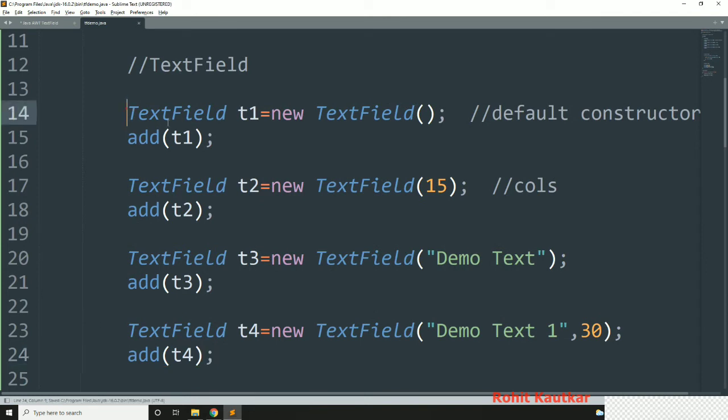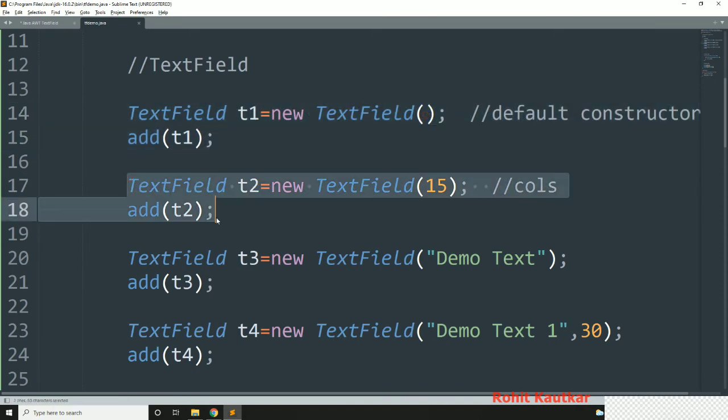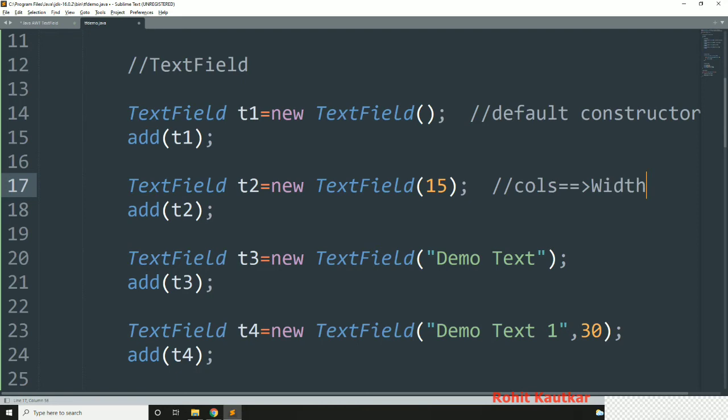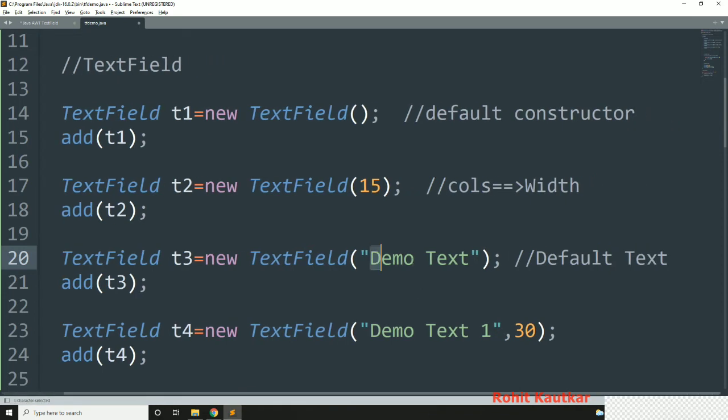So this is using the first constructor, the default constructor. This is using the second constructor, where we can pass the number of columns, that is the width. Third one, default text, that is to be displayed whenever the text field is created.